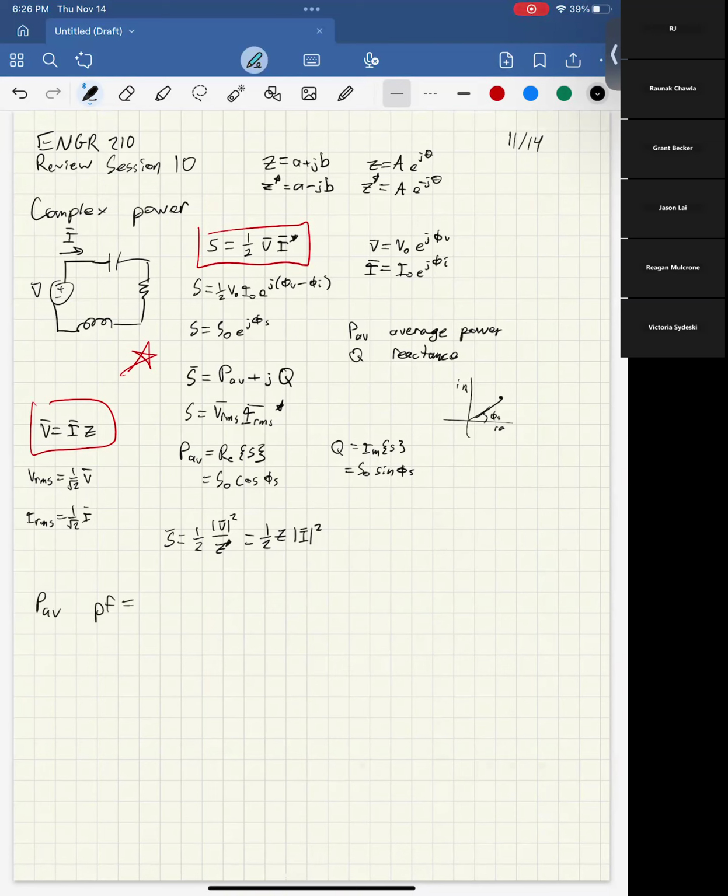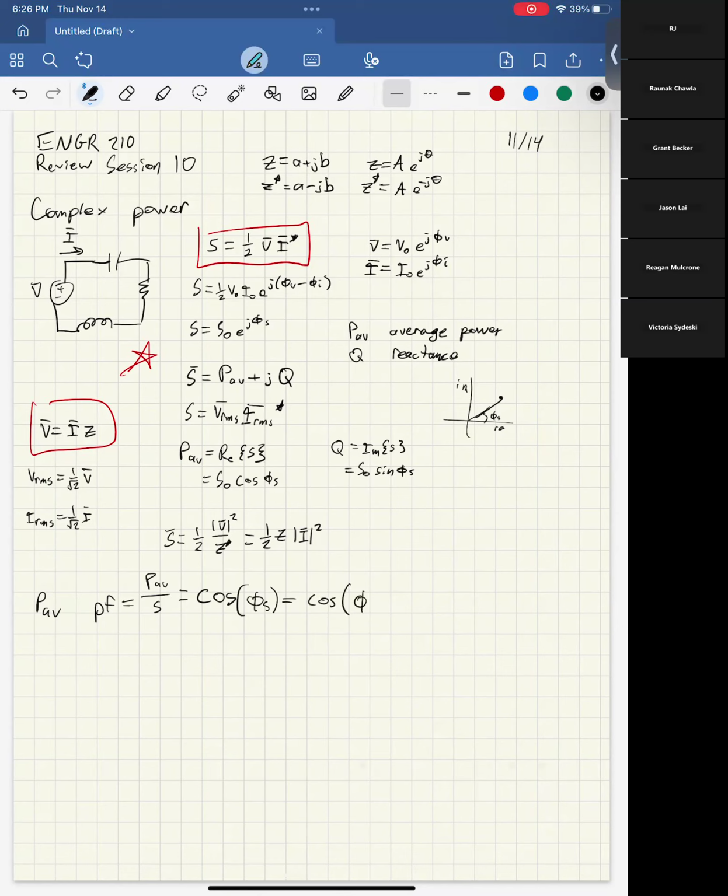And this power factor is simply the ratio of P average to S. After doing some simplification, it ends up being just the phase of the complex number. So this equals cosine of phi_S,